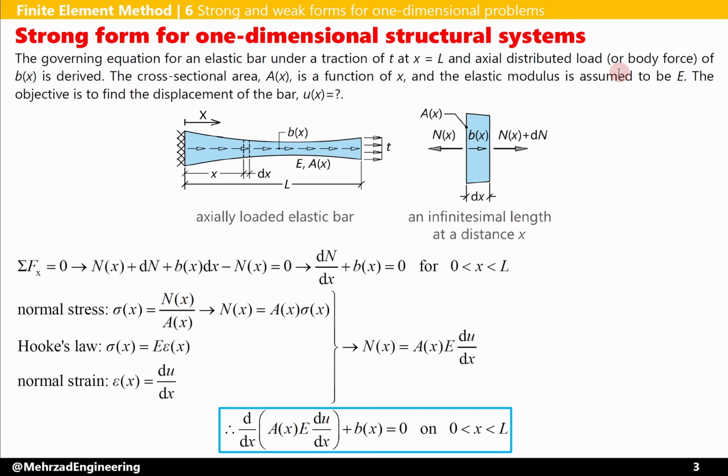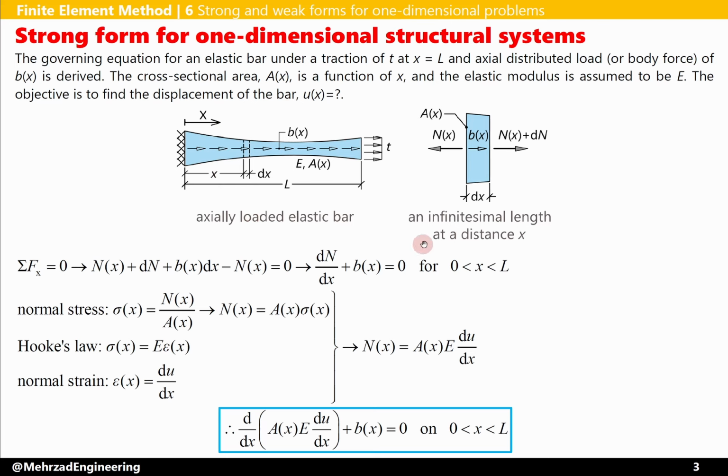Now we want to derive the strong form for a one-dimensional structural system. For this purpose, we consider an elastic bar under traction of T at x equals L and under axial distributed load or body force of b(x) along the length of this bar. At x equals 0, there is a support, so displacement at this point is equal to 0 in the x direction, and the elastic modulus of this bar is considered to be E, and cross-sectional area can change along the length of this bar. The purpose is to derive the governing equation for this